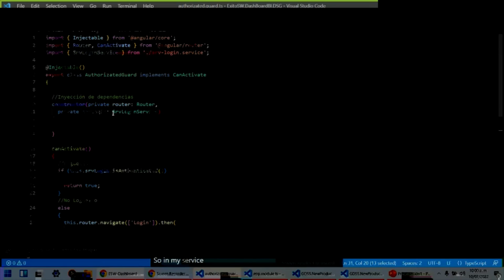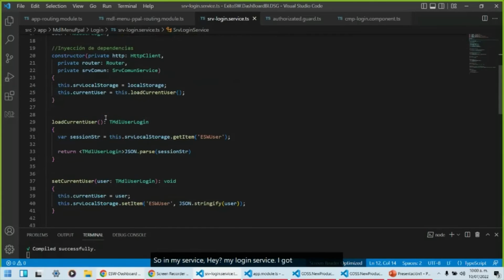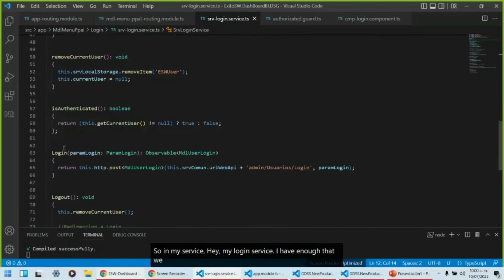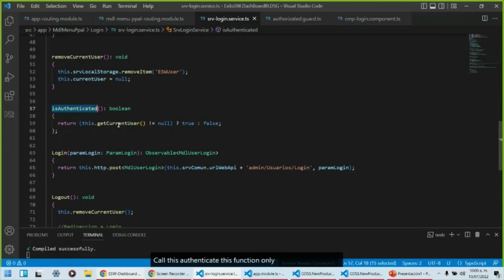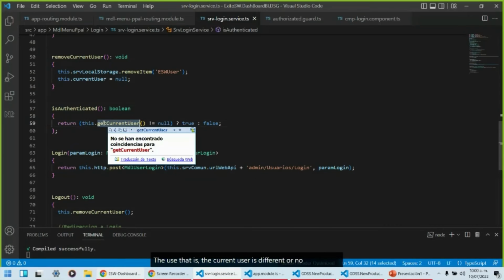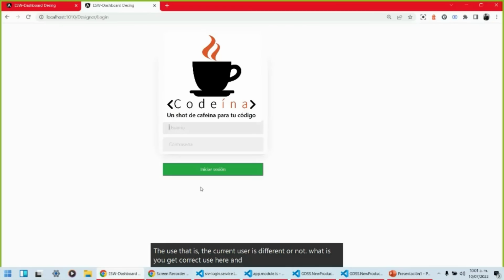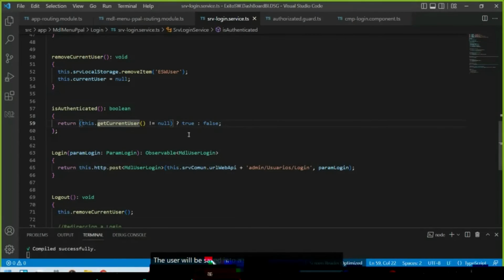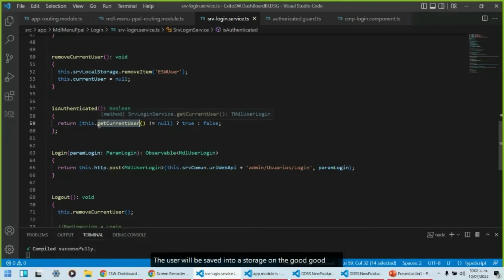It's only that is here. So in my login service, I have a function called isAuthenticated. This function only verifies if the current user is different from null. And what is getCurrentUser? When the user clicks this button, the user is saved in a variable in the storage. For example, I write Edgar. I don't remember the password here. And getCurrentUser is a function